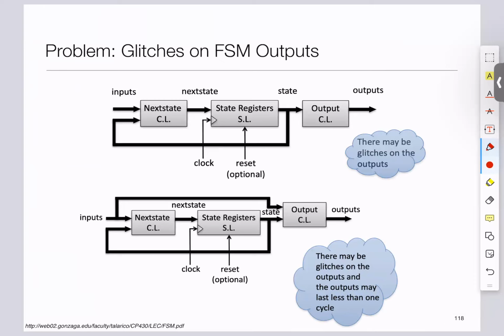There was a question on Piazza: why do we pick Mealy? Why do we pick Moore? So we now see a few reasons. One is Mealy reacts faster. Second is Mealy can have fewer states. So sometimes that can make a difference. But perhaps the most crucial reason is